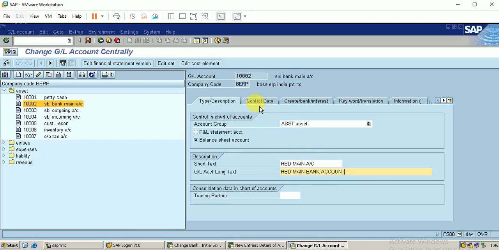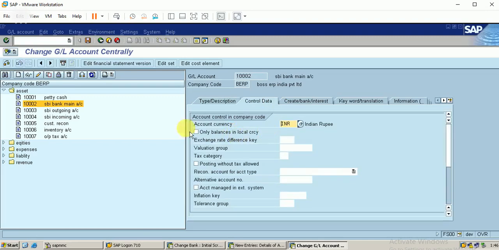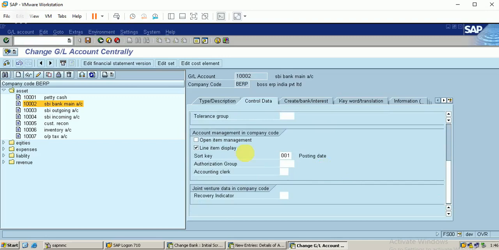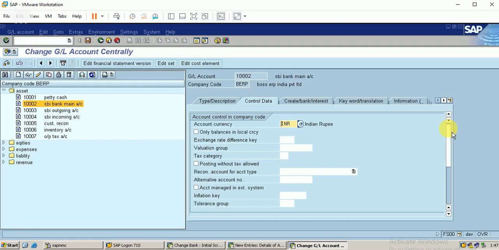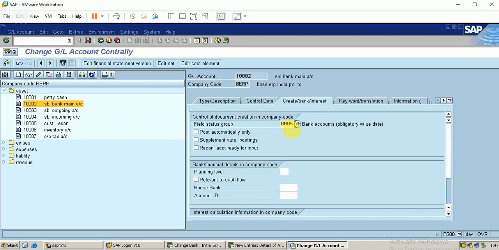This account should be maintained on the asset side of my balance sheet. The important thing is it should be ticked line item, posting date, and this is the main bank account, so the open items need not be ticked. Tick on open balances in local currency, and the field status group is G005.